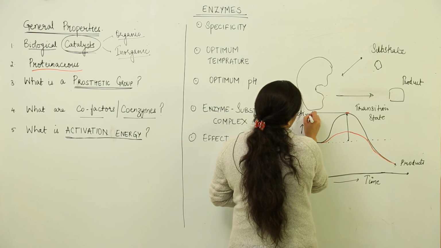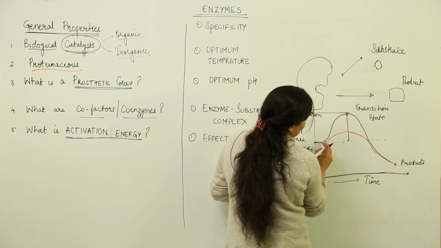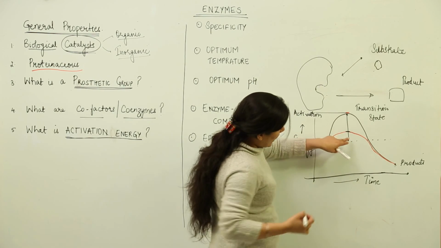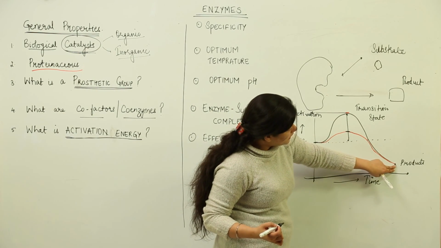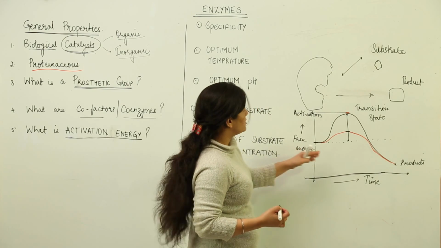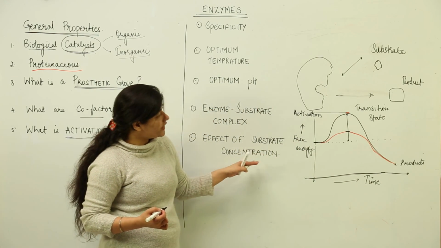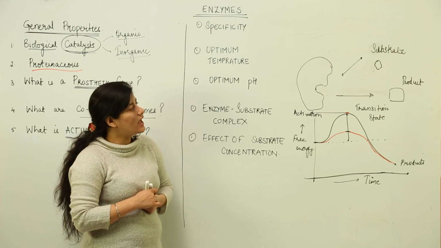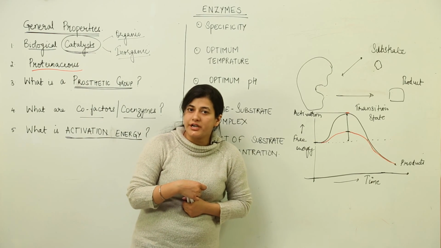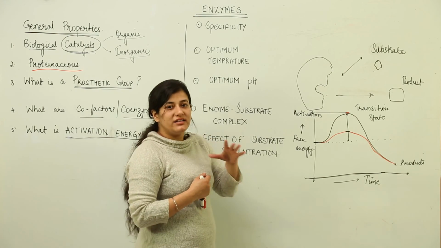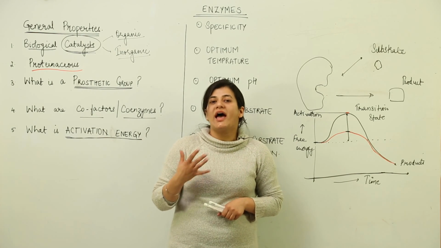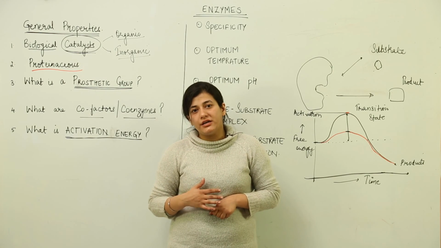When the enzyme comes into being, ES complex, this reduces the activation energy to this level, and the reaction proceeds and the products are formed at a much speeded up rate. The entire reaction takes place at a very fast rate. The rate of the reaction changes, and this is what the enzyme is supposed to do, that is to enhance the rate of reaction to a great degree, so that